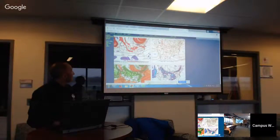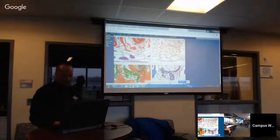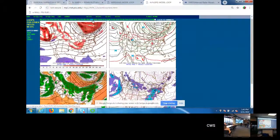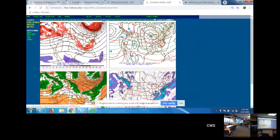It looks like, what's that? Let's see. 84, 90, 96. Okay, so this is the next system coming in on Monday. Weak overrunning event. Looks like our 850 temperatures are still on the cold side, but it looks like it'll be too warm for rain, at least at this point. Thickness is about